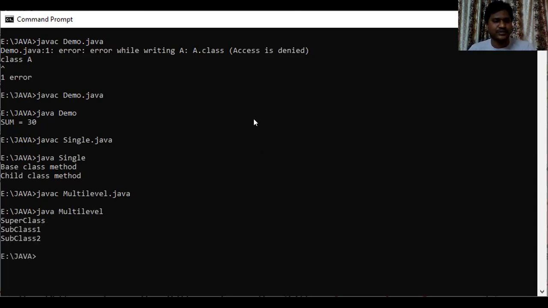So if you observe here, method A of the superclass is invoked, the subclass 1 method is invoked, the subclass 2 method is invoked. Method A, method B, method C. We invoke these methods of these classes using the subclass 2 object. Got it?